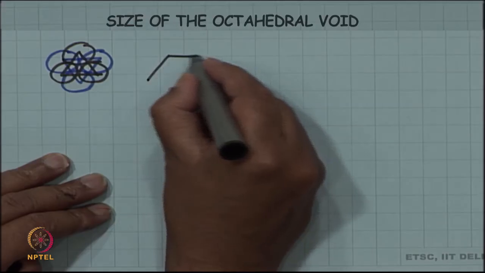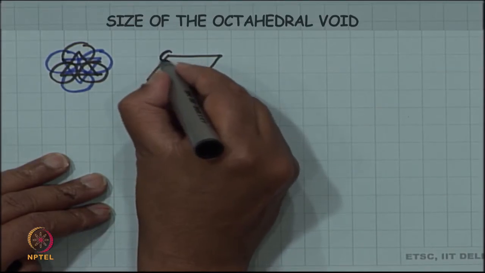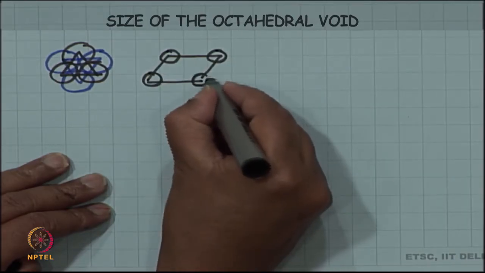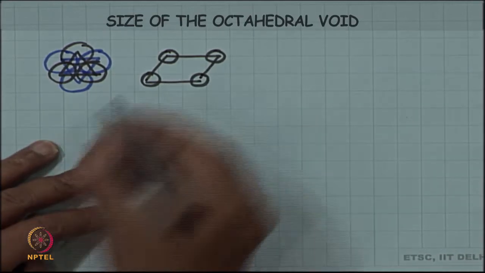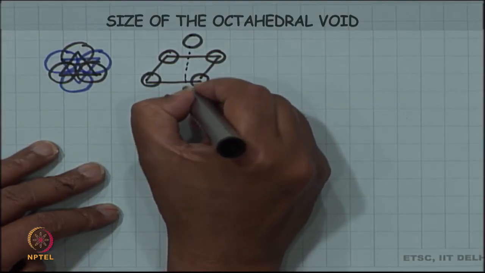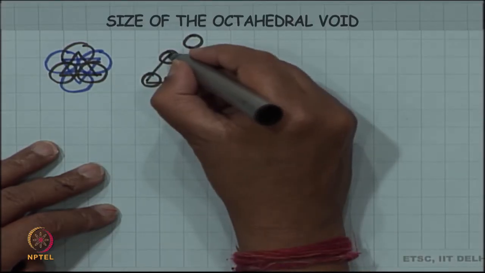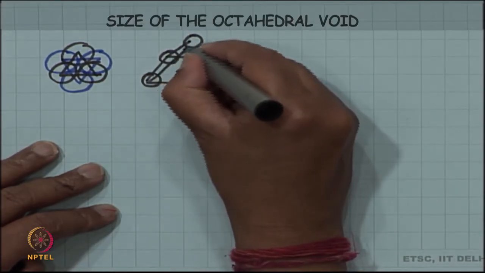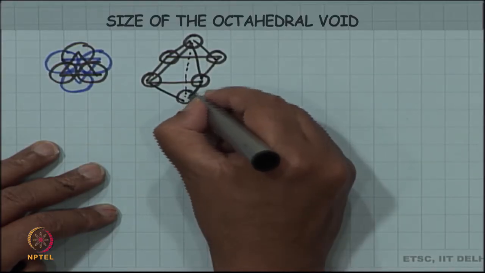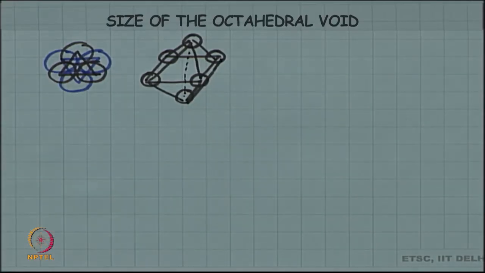If we make one of the diagonals vertical, then we find that it can be considered as a square of 4 atoms or 4 spheres with one sphere sitting on the top and one sphere sitting on the bottom. So, essentially